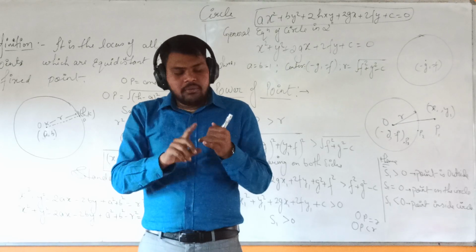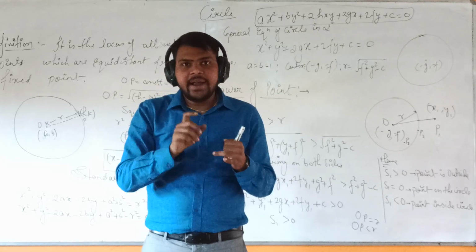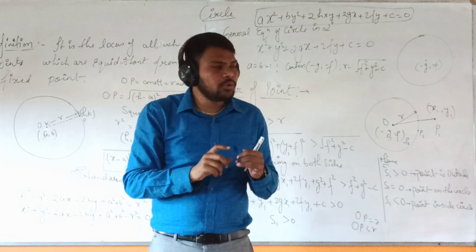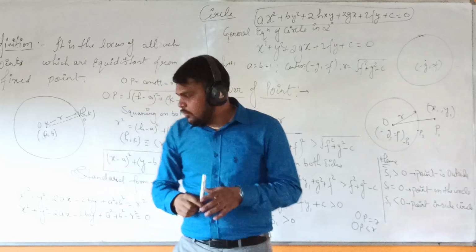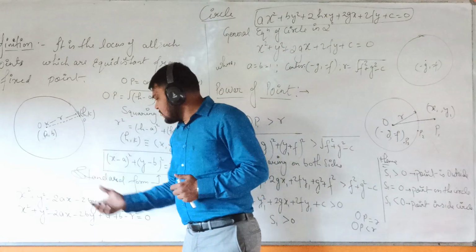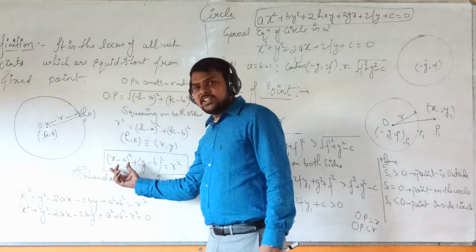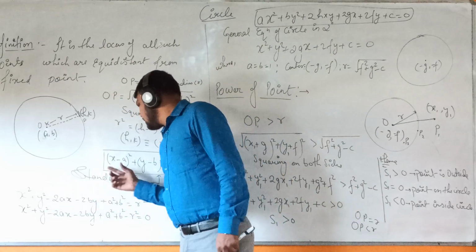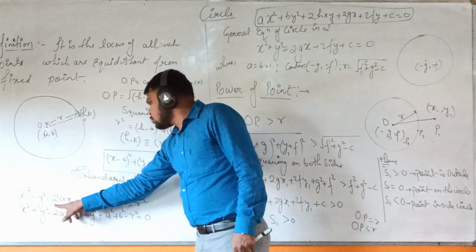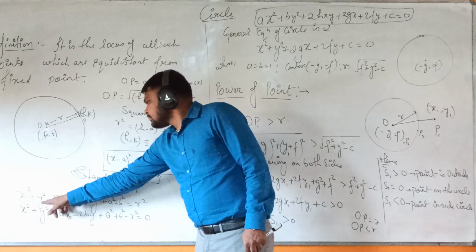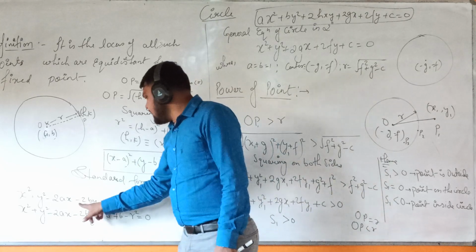Clear? So now what do we want? Again we can repeat, the fixed point which is called the center, and the fixed distance that is called the radius. So the two things we want are the fixed point and the radius of the circle. Now looking over here, this is the shape of a circle. Further solving, after expanding, what can we get? X square plus A square minus 2aX plus Y square plus B square minus 2bY.